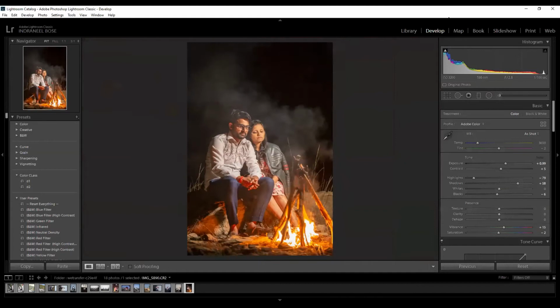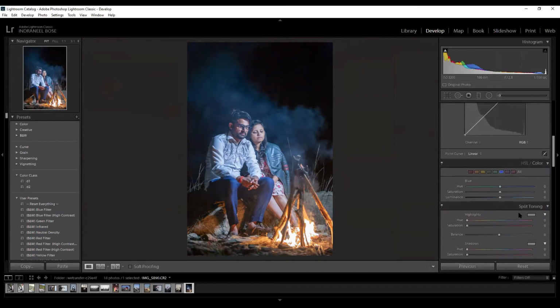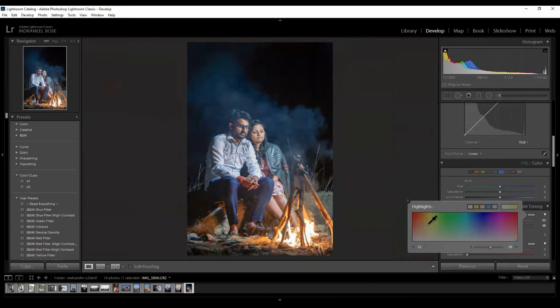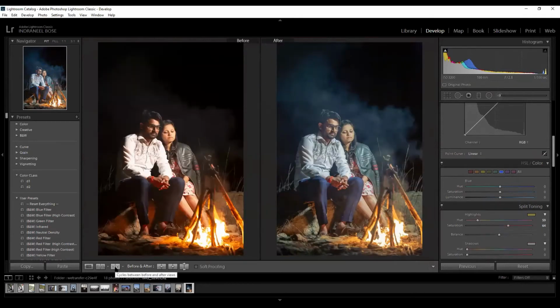Now we can easily create a mood, just shifting the temperature to this. If you want a warm tone look with the blue presence in there, we can go to split toning and put in a slight yellow. Now see, it has balanced out very beautifully. Can you see the difference? Yes.